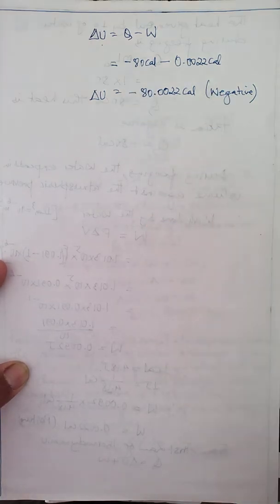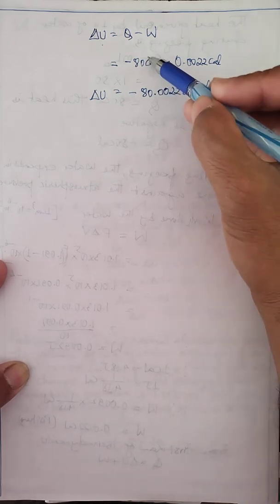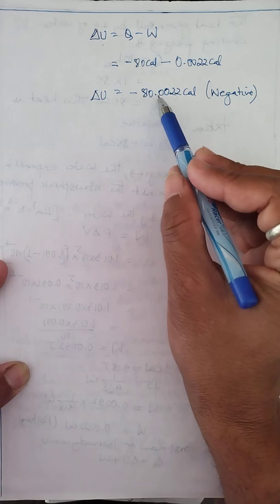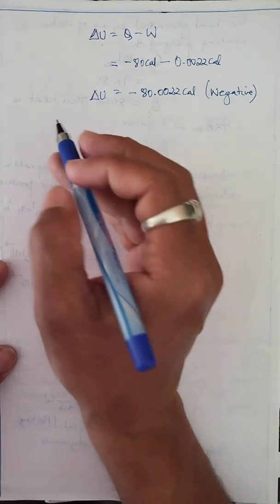Negative sign shows that the internal energy of water decreases. And this decrease is more than the heat that is given to the water. And the heat given to the water is how much? 80 calorie. And the increase in internal energy is 80.0022 calorie. So I write down finally that